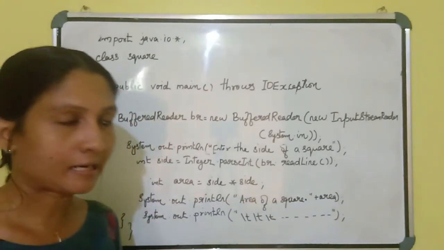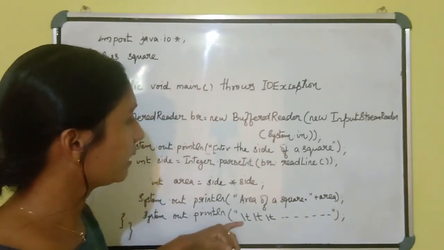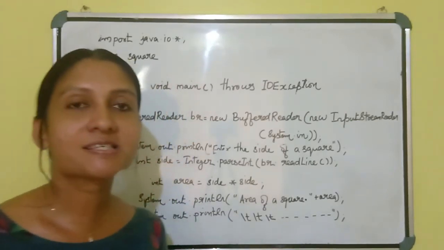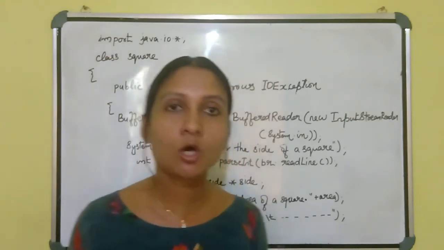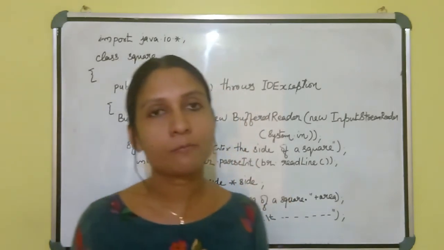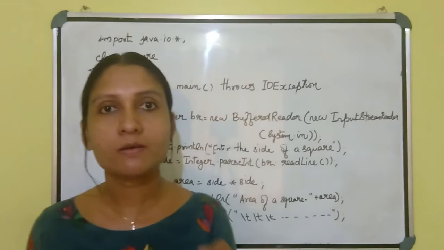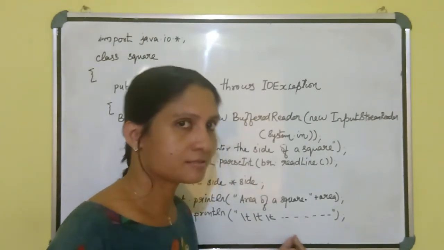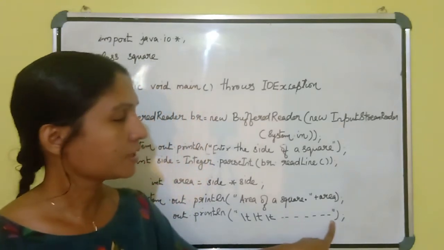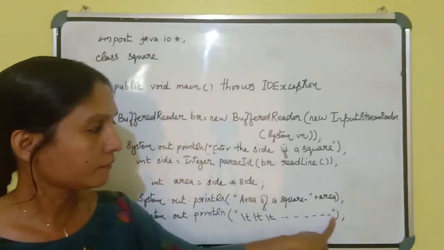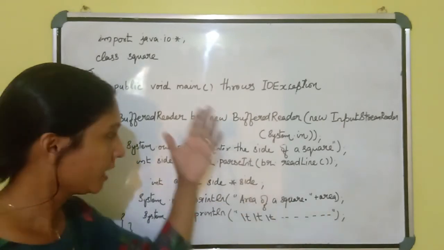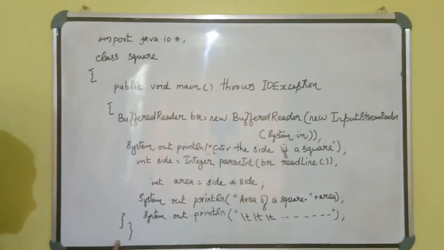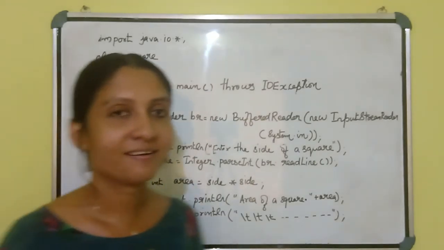And if you want to get an underline, how can you write it? System.out.println within double inverted commas, \t\t\t. What is the use of this? \t means to get a tab space. When you press the tab key on the keyboard, you get about a 0.5 inch space. To get more space, we use \t again and again. After that I put a hyphen to get the underline. Then close the inverted comma, close the bracket, then semicolon. After that, we close the function bracket and the class bracket also. This is the end of the class.